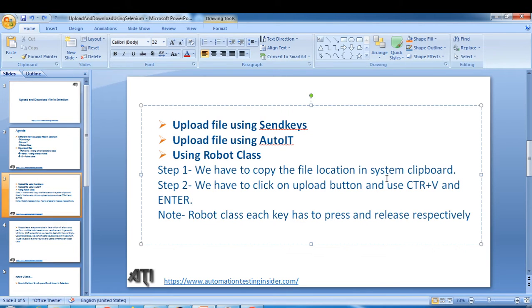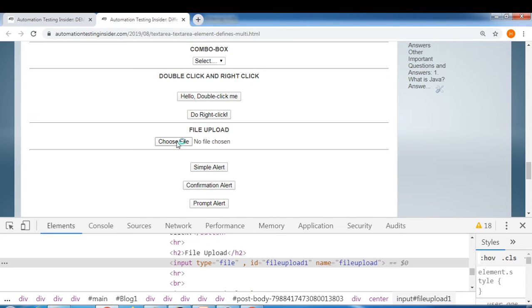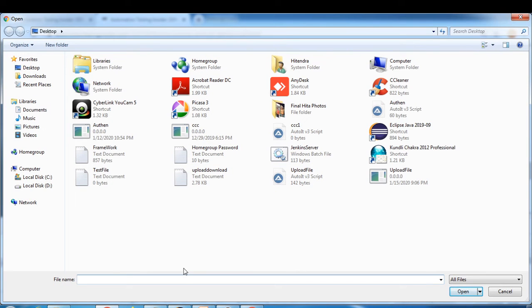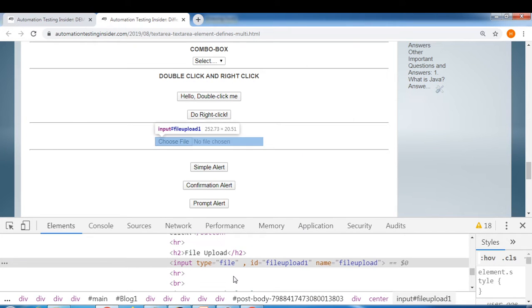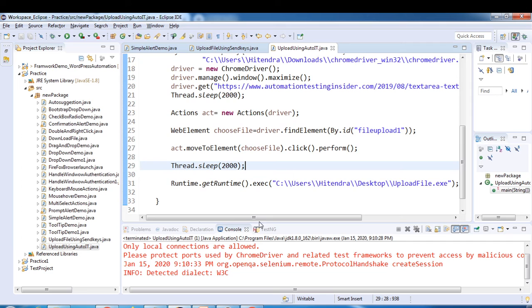Clipboard is nothing but, I would say, a temporary system location, and later on when we click on this choose file, from here we just perform Ctrl V, and then we click on this Enter button, or you can say Open. So what we'll do, we'll create a couple of customized methods. Let me just create a new class,